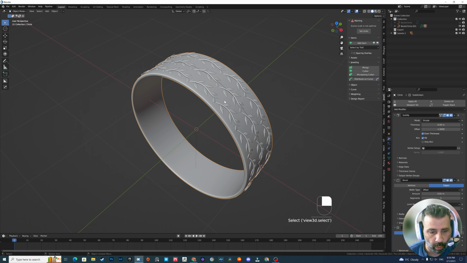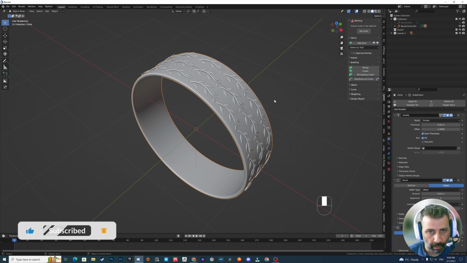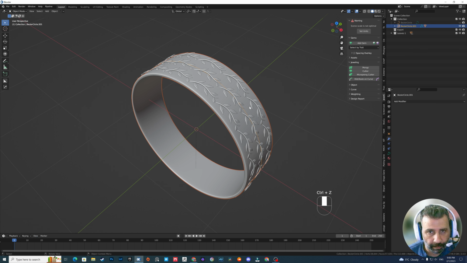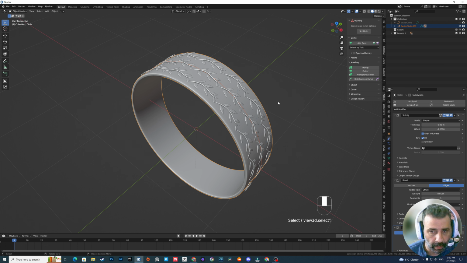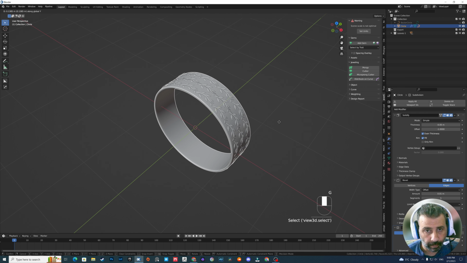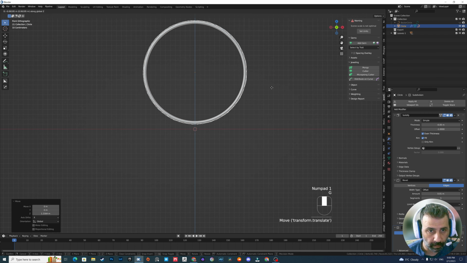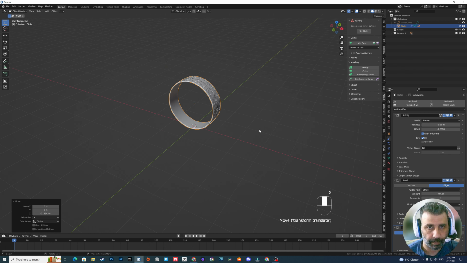So when you move this, oh, we did the opposite thing, like this. Ctrl P, object, that gave us some. This one is now okay. Move it to the top. Let me just check this out.